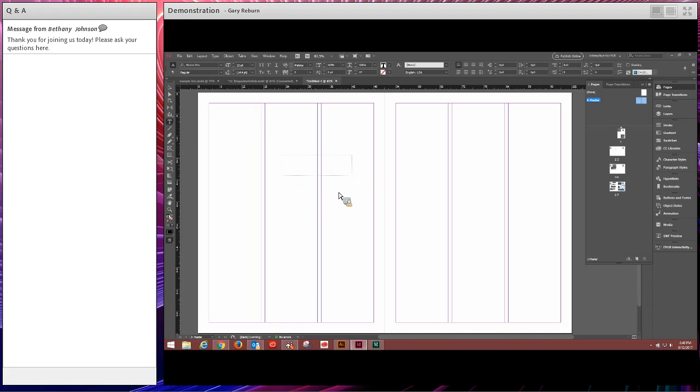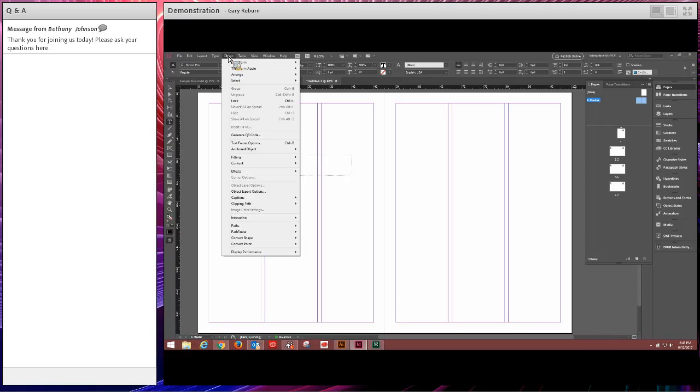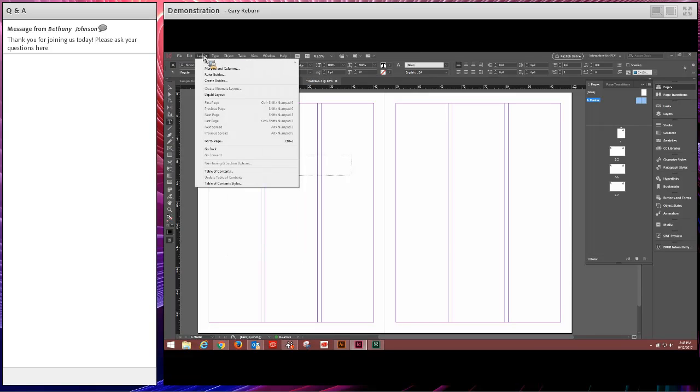So I'm going to go ahead and map out the way that my pages will work. I'll take my type tool real quick, and I'm going to make this sizable so we can see it. I'm going to type page, space, and I don't want to put any number because if I put a number here, that number will be reflected across the entire document, and that's not what we want. We don't want everything to say page 1. We want it to number itself automatically. So I'm going to go and delete that, and I'm going to come into our objects,